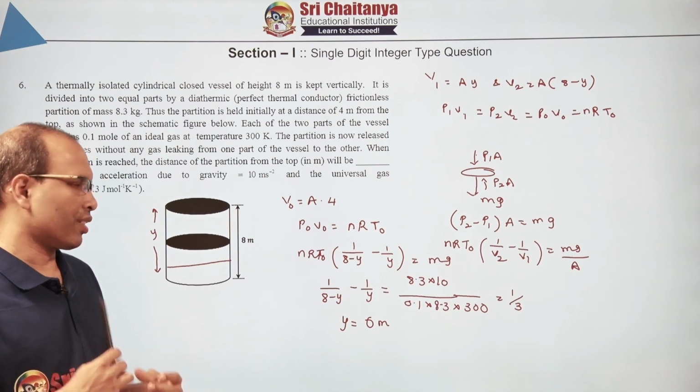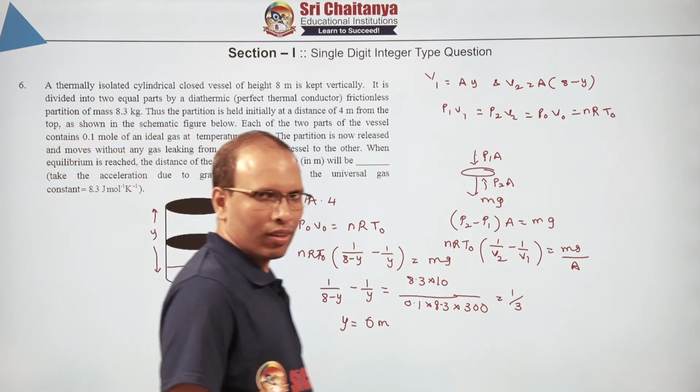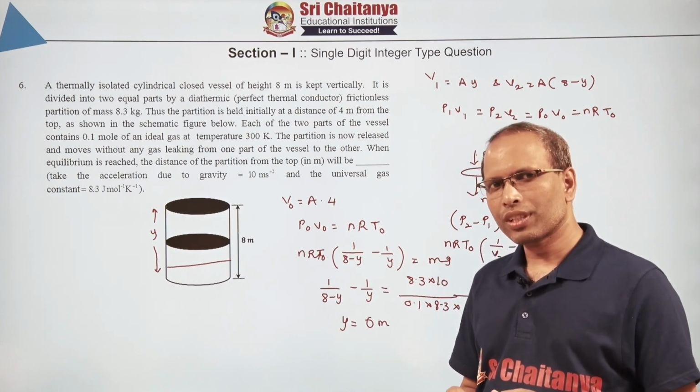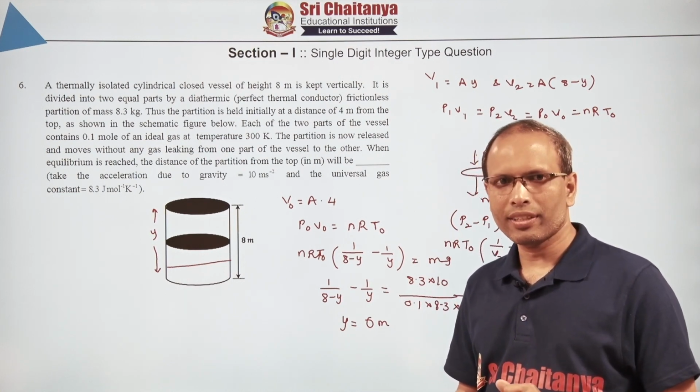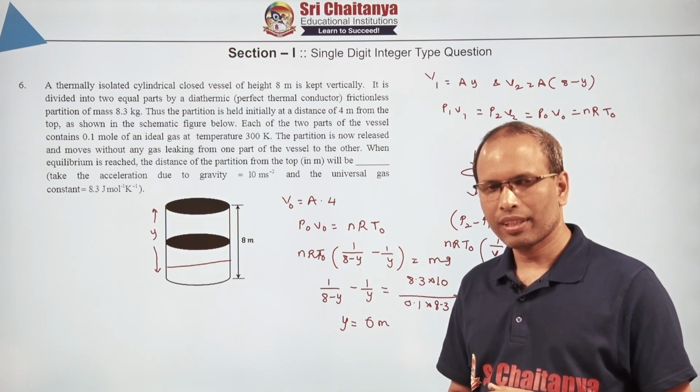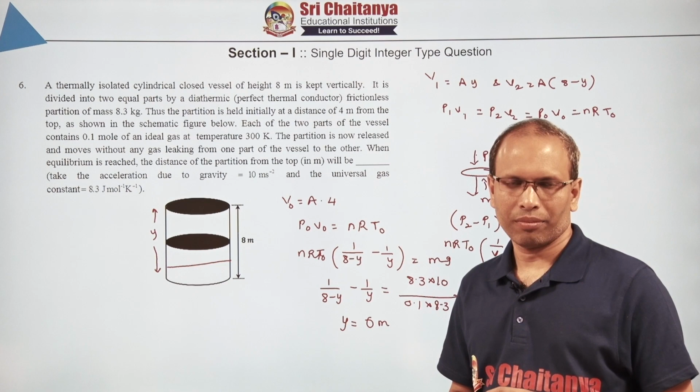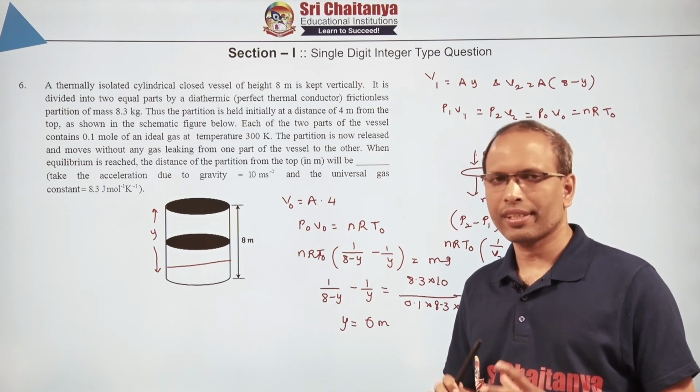So this is the first section. If you observe the overall first section, we can see that not even a single question was tough, but the only thing is you have to be clear about your concepts and you should be able to do them quickly, and calculation has to be efficient. Then you will be able to score all the questions easily.